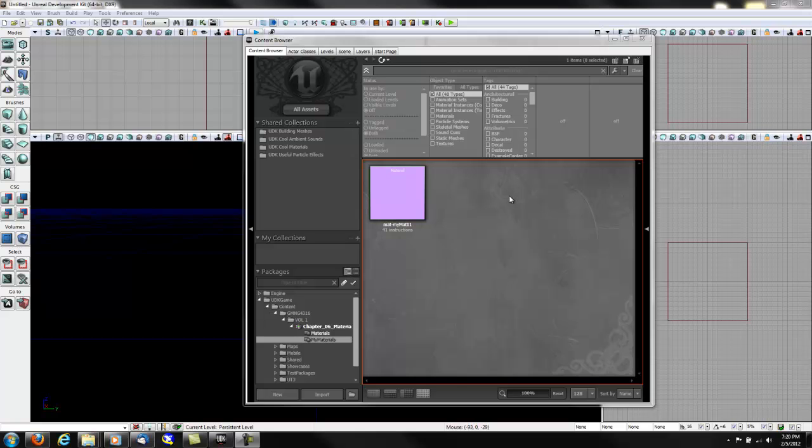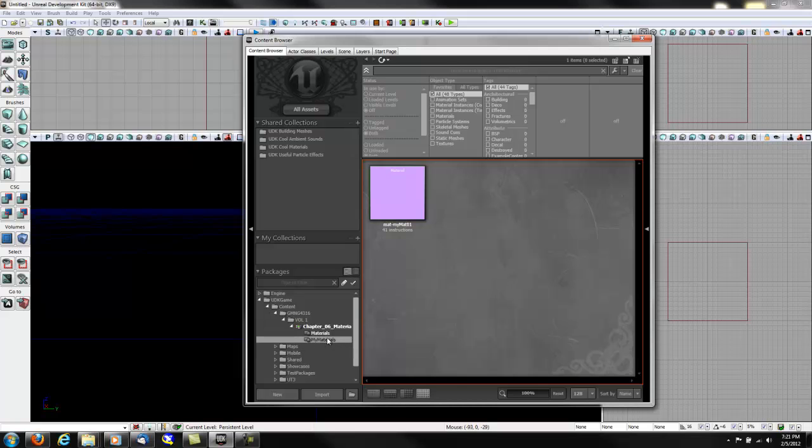Alright, now that I showed you how you can create your first material just by using colors, I would like to point out that that is not the only way to create materials. You can create materials off of textures. In the next few minutes, I will show you how you can create a brick material for a wall, and then I'll show you how to use textures for this purpose, what different kinds of textures are, and how you can use them to create materials. So first off, let me just create a